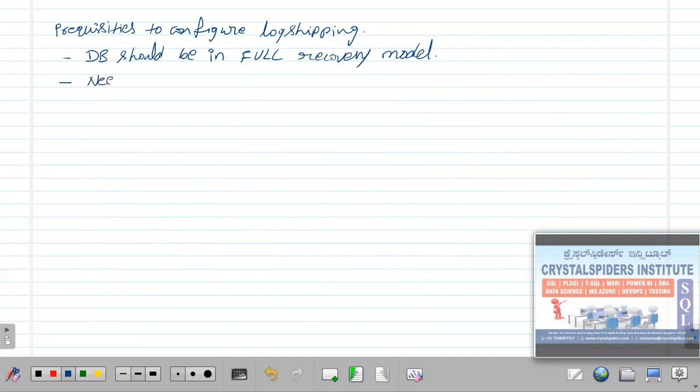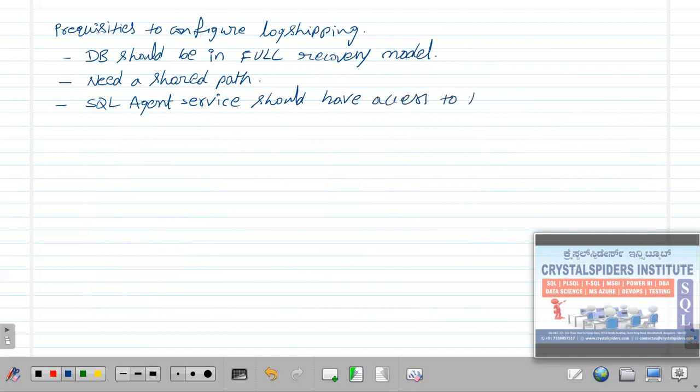So here we have the shared path and the SQL primary server. On the primary server, the SQL agent service account should have access to the shared path.